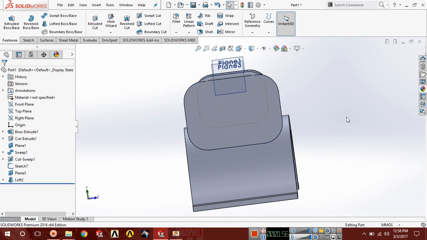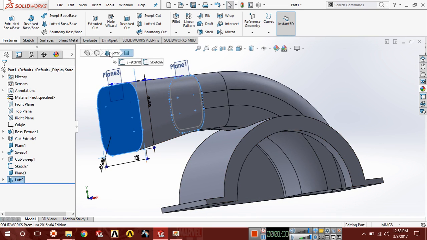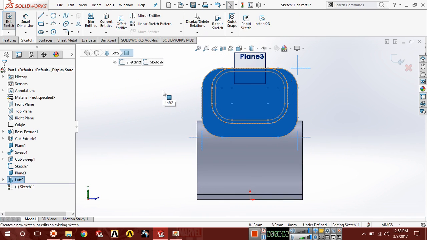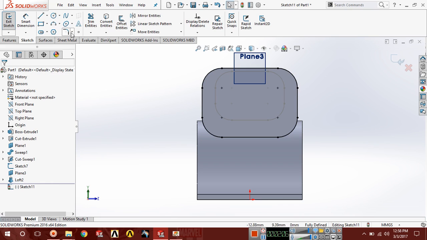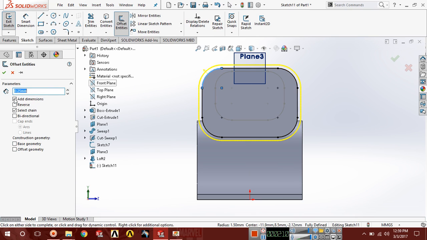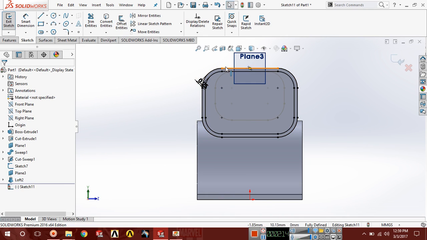Okay. Now select this face, go to sketch, Control 8 for normal, select this face and choose convert entities. Go to offset, select this, in the reverse direction 0.25. Okay. Now delete these lines, we don't need these.